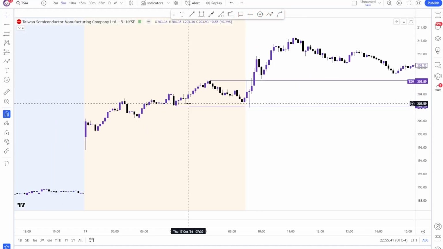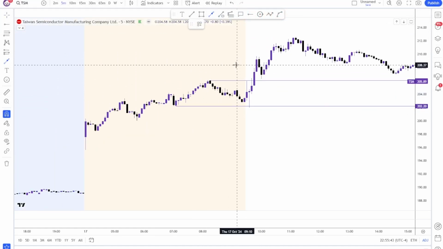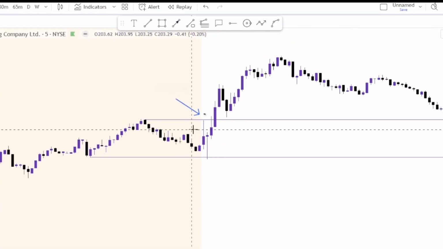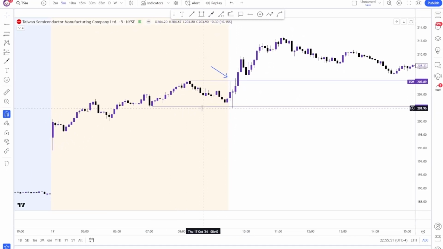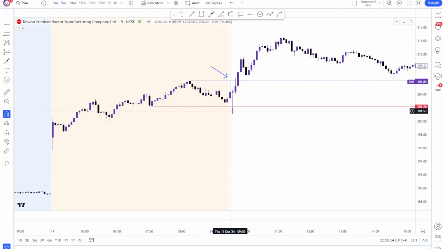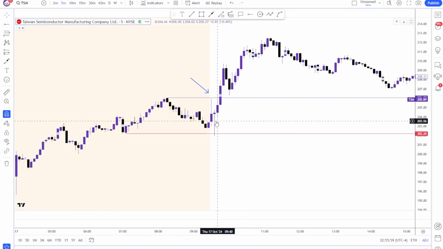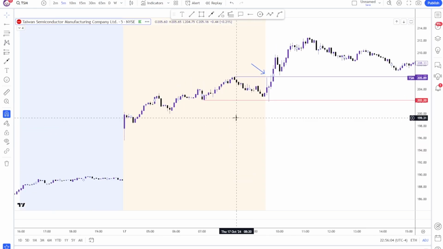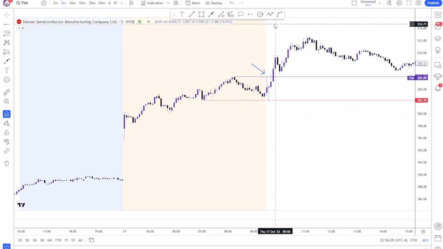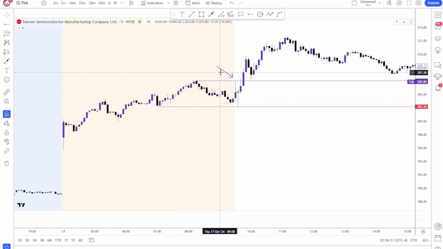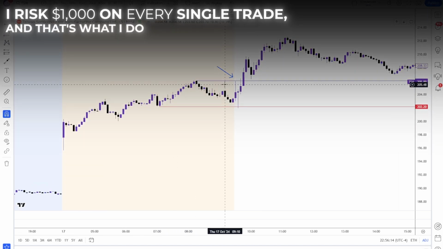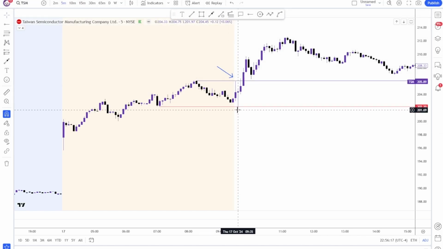On TSM, we're looking at an opening drive trade today. Our typical entry would be through the pre-market highs, which didn't quite break on the first attempt. Then we came down into this 202 level. We thought, okay, if this holds, which it did, and starts to turn higher, whether you enter early on the turn, which is something that I did, or even wait for the pre-market high to break, instead of just position sizing and saying, I think TSM can go up on this trade, I risk $1,000 on every single trade. Well, what if you can manage and calculate your risk at 202 and take double the size, but still risk